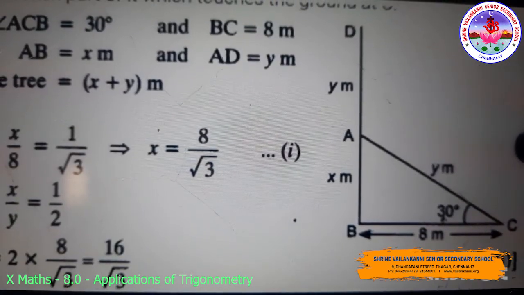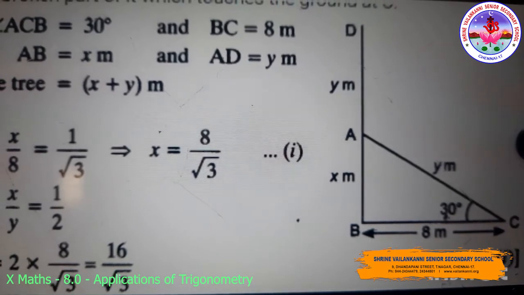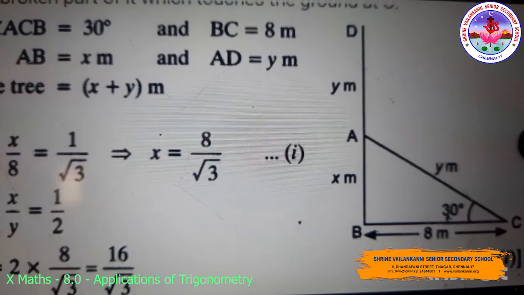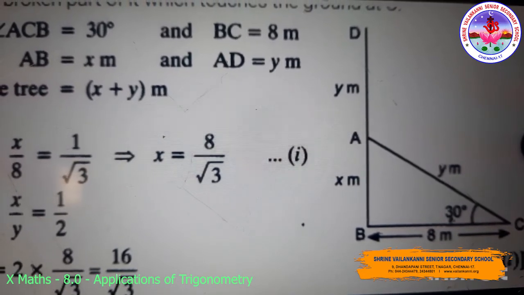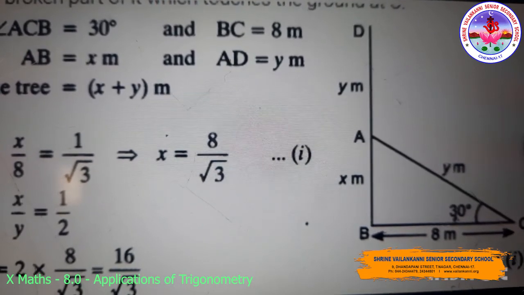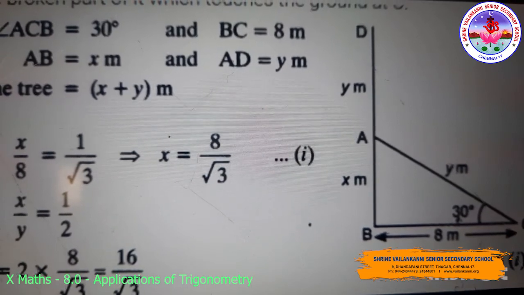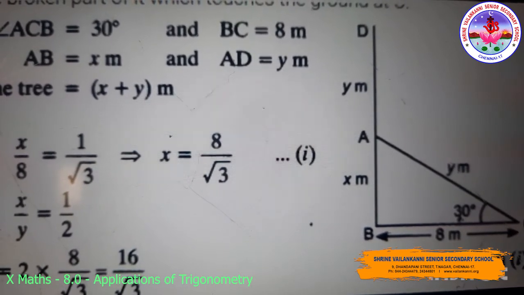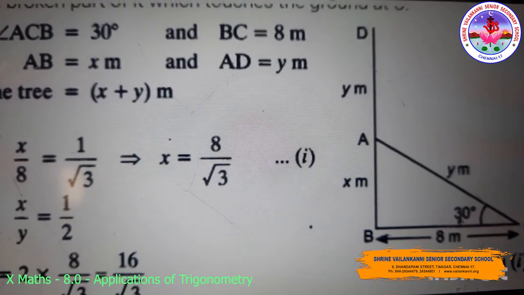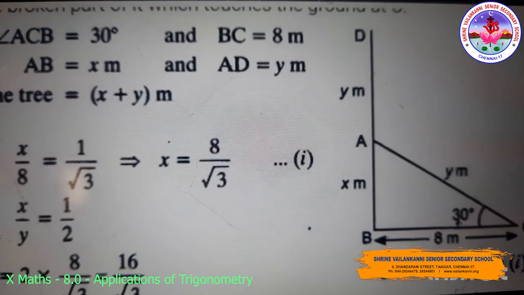With the given statement, we are going to draw the figure. BD will be the height of the tree and AD will be the broken part which falls on the ground, touching the ground level at the point C. So we need to find out the value of BD, which can be found by adding BA plus AD. And the angle of elevation has been given as 30 degrees. So I am marking the angle of elevation with the ground level BC as 30 degrees.